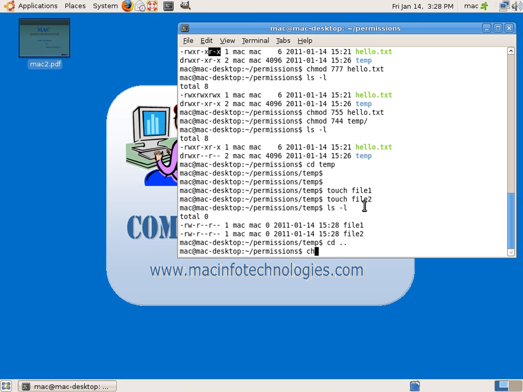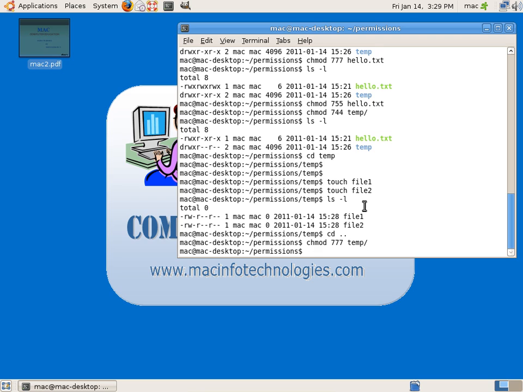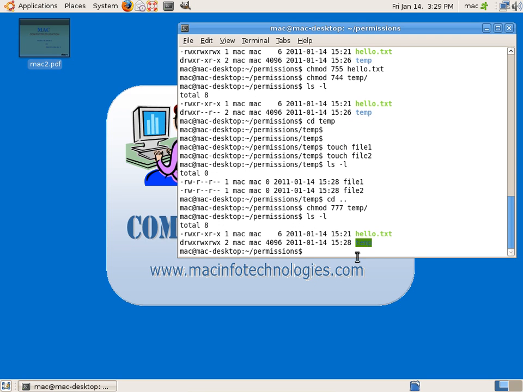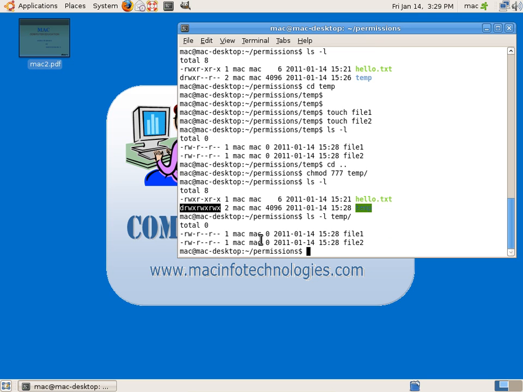777 on the directory temp, so you can see the directory got 777 permissions. Okay, so if we do ls -l temp directory, inside the temp directory, if we see the files still have 644 permission. If you want to change the permissions for everything, I want to give 755 for all the folders